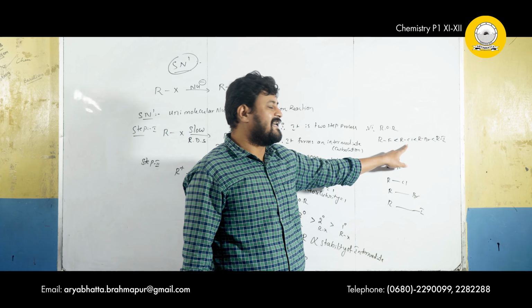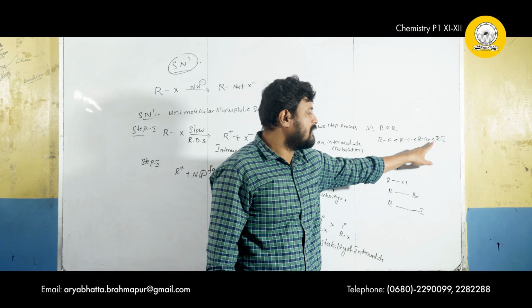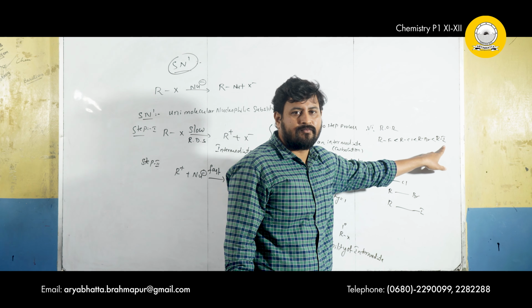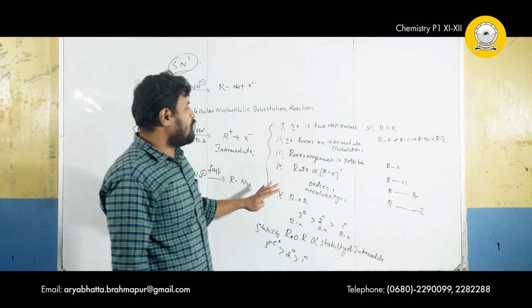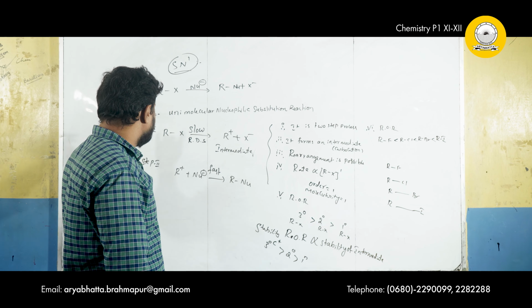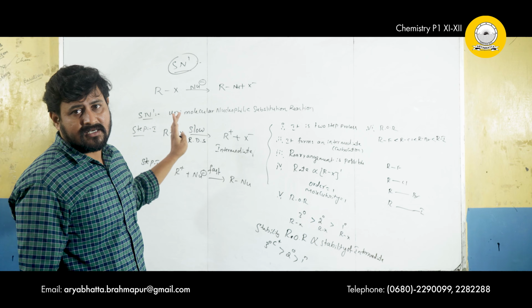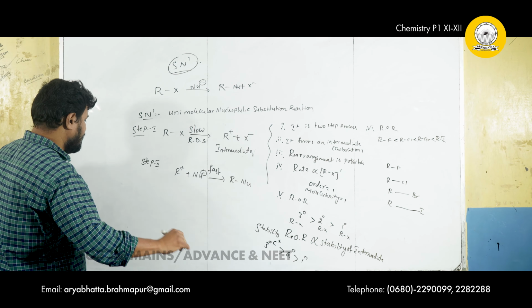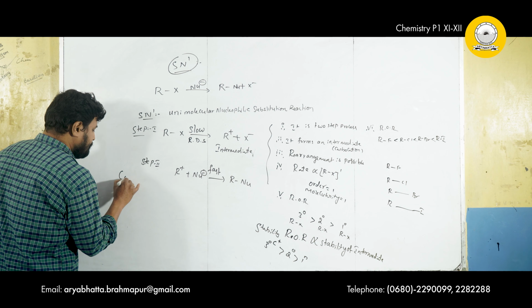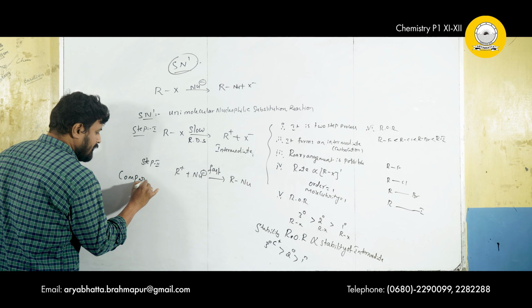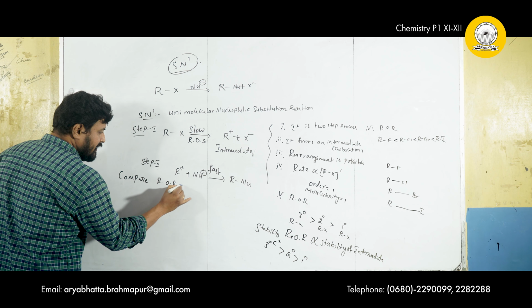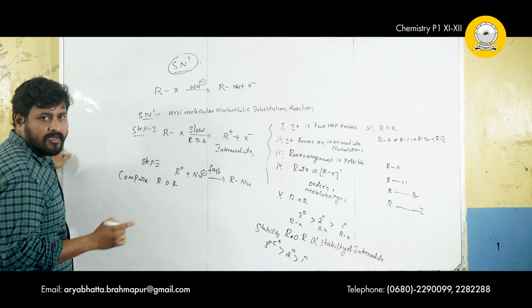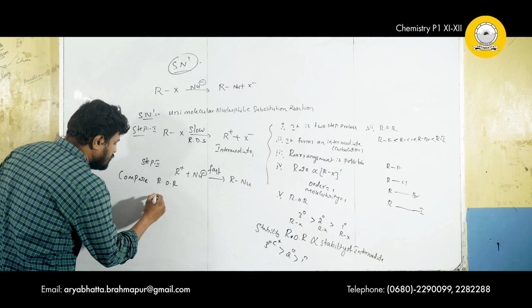RF < RCl < RBr < RI. Okay, these are the most important points of the SN1 mechanism. Based on this, I am giving some examples. One example: compare the rate of reactivity of